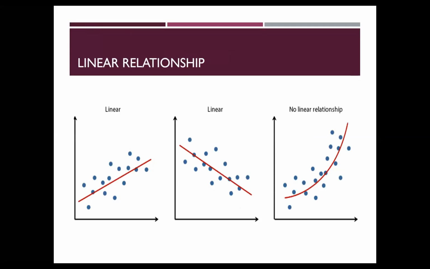Usually if you take biological data, you might get a linear relationship or a non-linear relationship. What is linear? Linear means it's a straight line. It's a straight line relationship. That's called linear. Non-linear means we can't say it's a straight line. There are so many other forms of non-linear relationship.